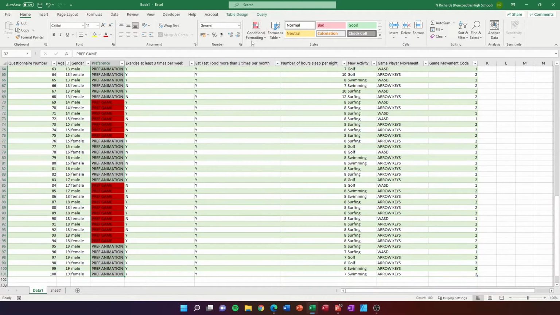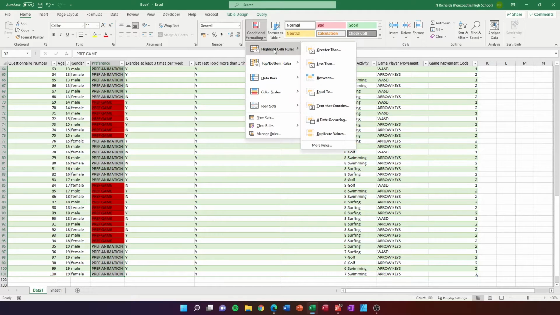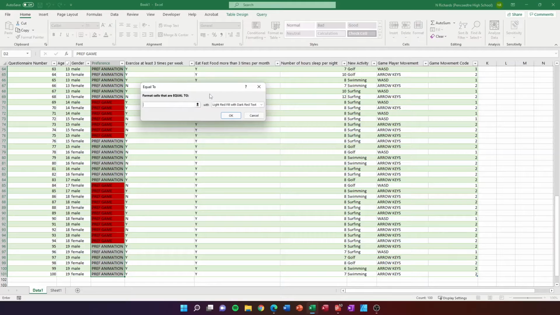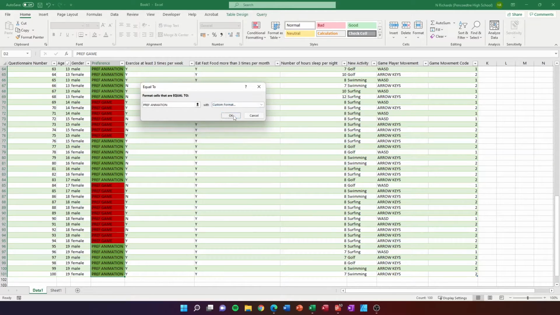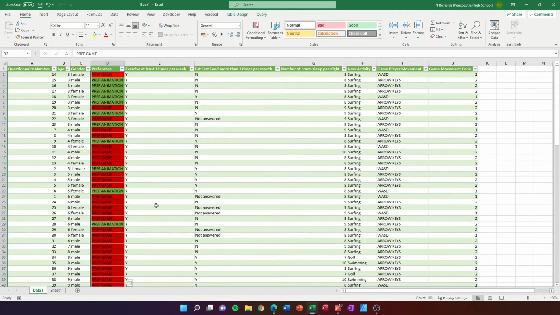So I highlight again, I'll run through it one more time and add another rule. I go up here to conditional formatting, to highlight cells rules, equal to, so that's if it says, and in this case exactly the same as before, pref with the space, animation, but this time I want it to do something different. Again, remember, I could choose any of these options in here. I'm going to go for a green, click OK, click OK,